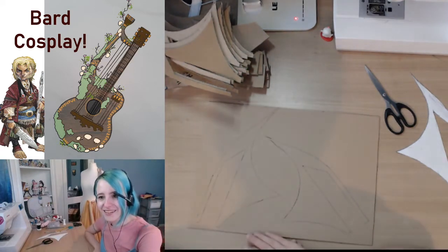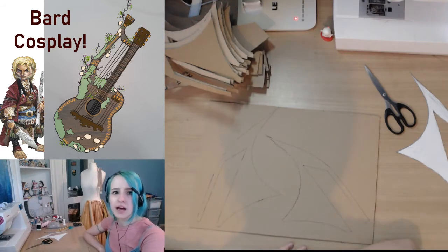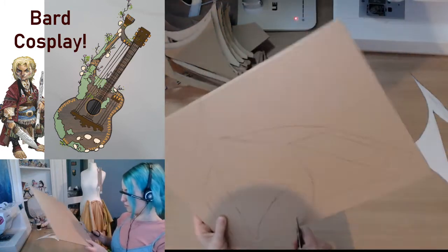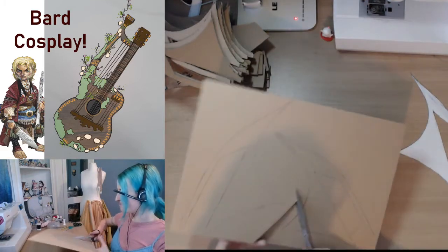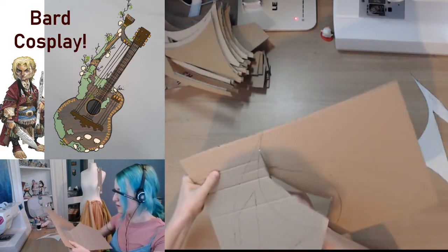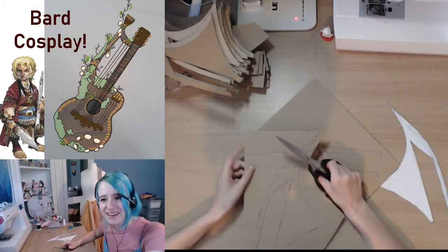Oh. With how 2020 is going, do you think there'll be an SAO event sometime this year? I mean, we've got Alicization going on right now. I don't know if I'd be surprised. But with 2020 how it's going, maybe not. I was gonna say, we've got Alicization going on, but then with 2020 how it's going,